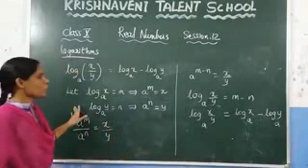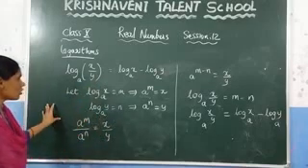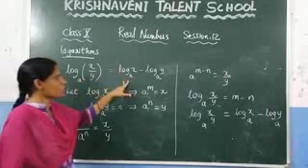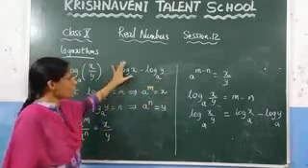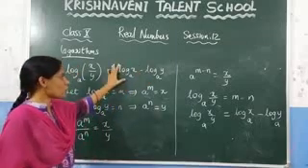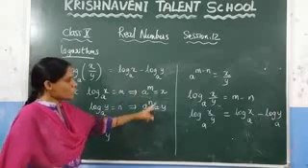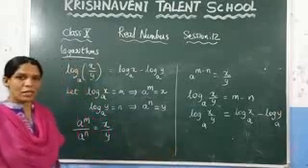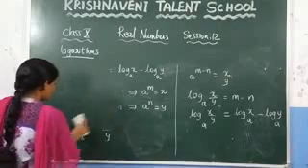We are going to use these laws of logarithms in the next exercise. So what we have put here is log x by y to the base a is equal to log x to the base a minus log y to the base a. Let us consider this value as m and this value as n, and after converting these logarithms into the exponential form, divide these two to get the result. Now see one more law of the logarithm.